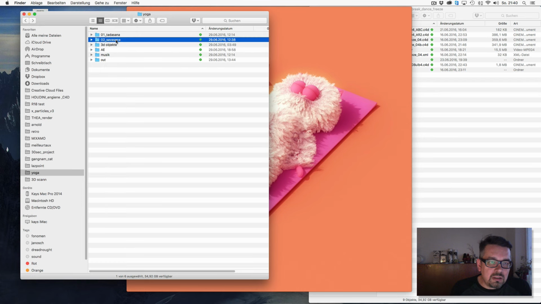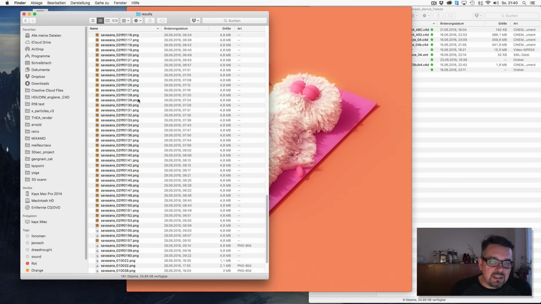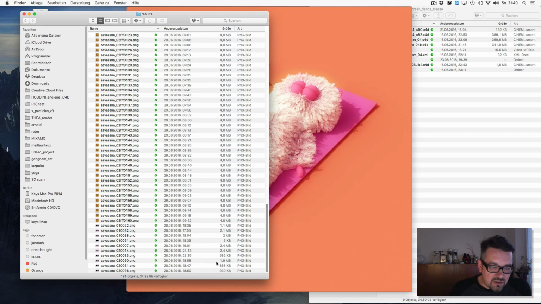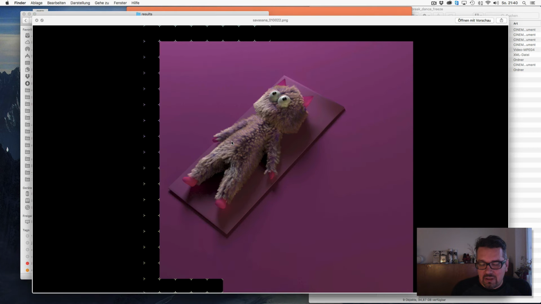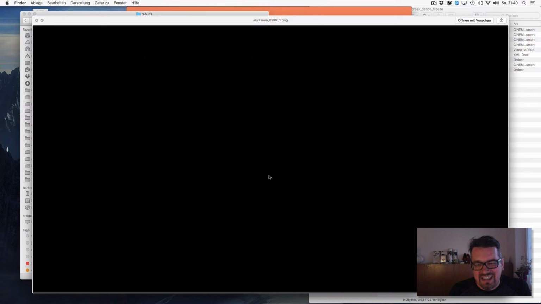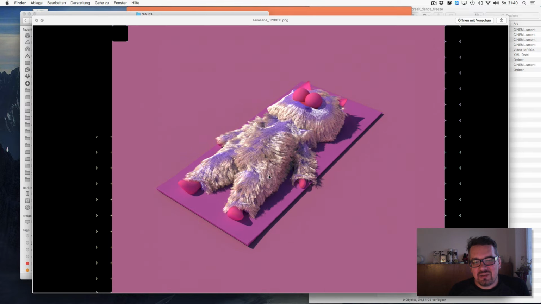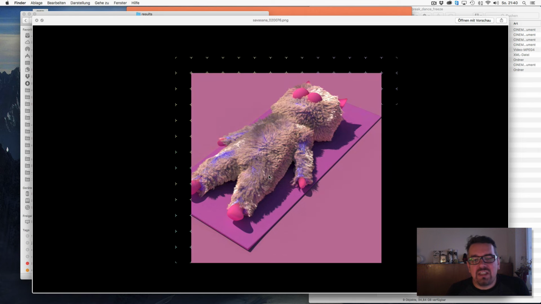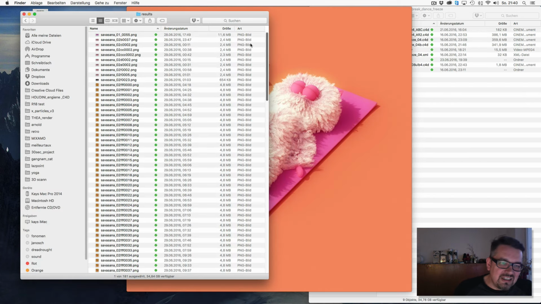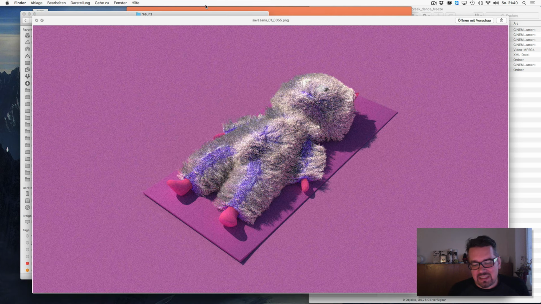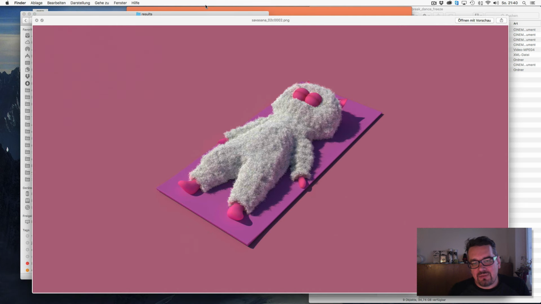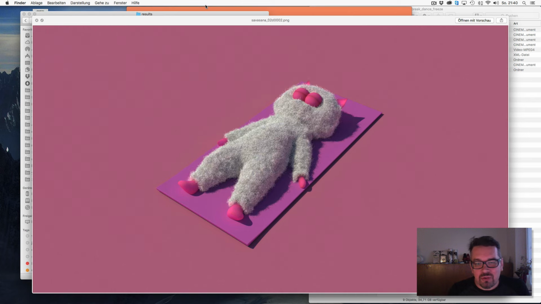And when you're interested in stuff like this, I can show you my Savasana results, because I made so many different types of hair. Like this one, and this one, and this one. You see, not every style looks very good, but that's normal while you're testing some stuff. This one is funny because it looks like a sheep or something. And with colors, it's easy to set up too.